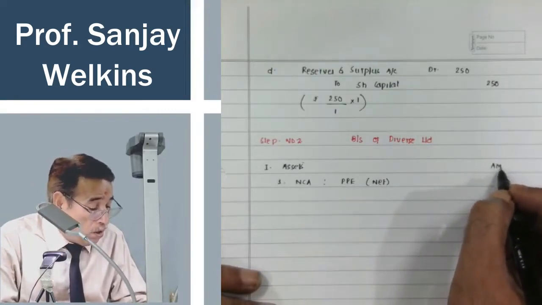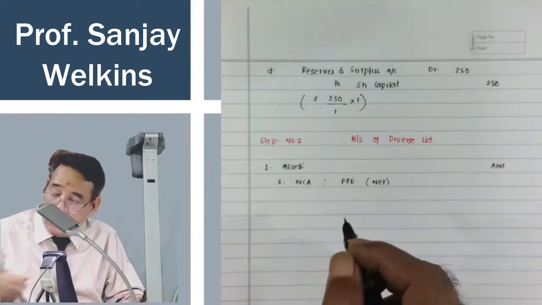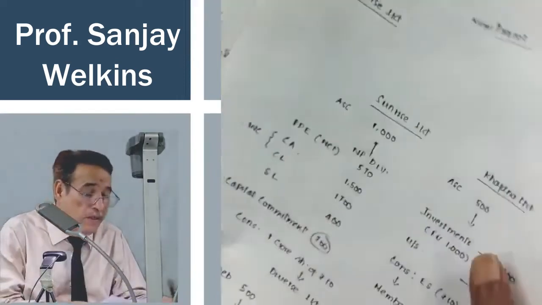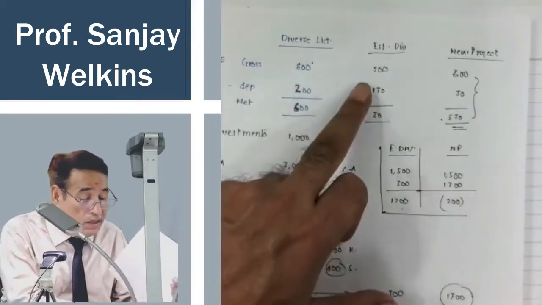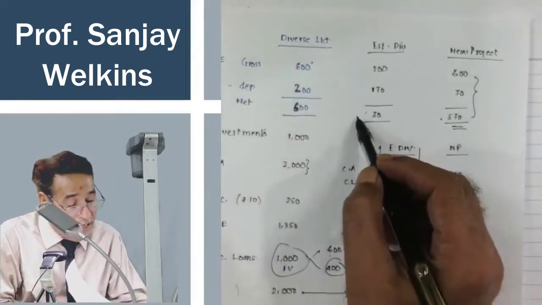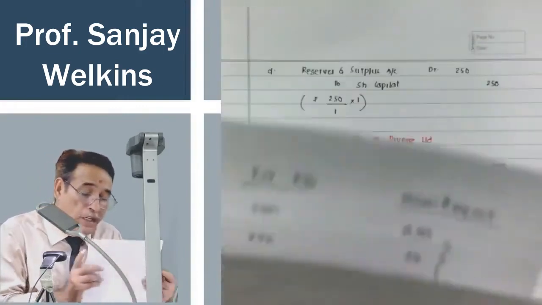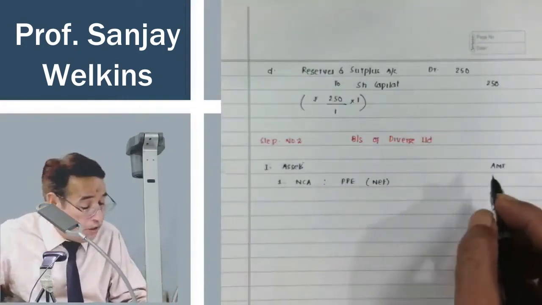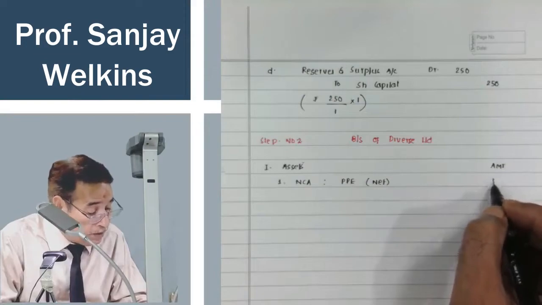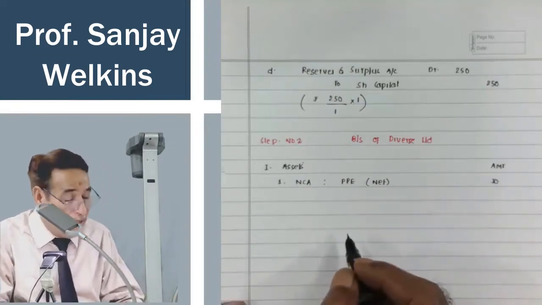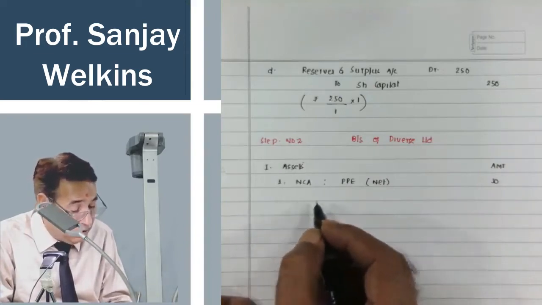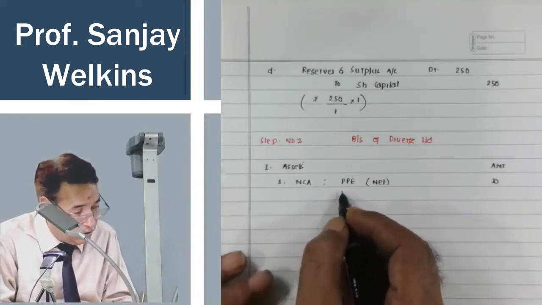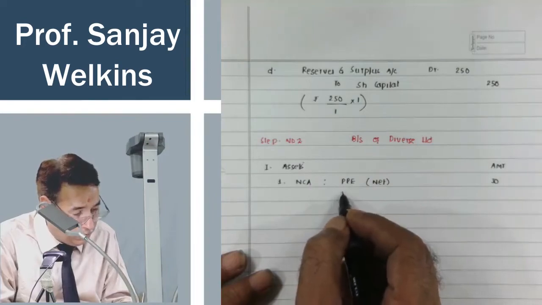amount. Now if I look into that particular sheet, correct, this is the establishment division, and 30 worth of property, plant and equipment is there. So I will write here 30. It is as simple as that. Correct. Now after non-current assets there were investments, isn't it? There were investments